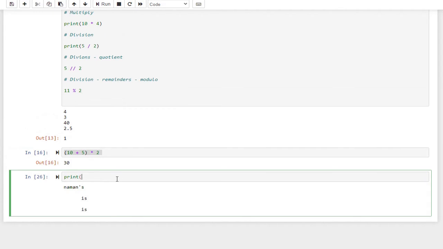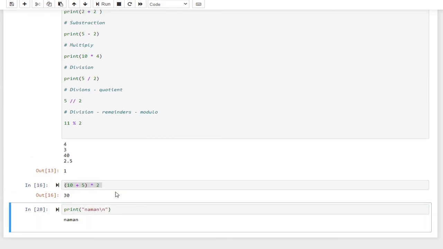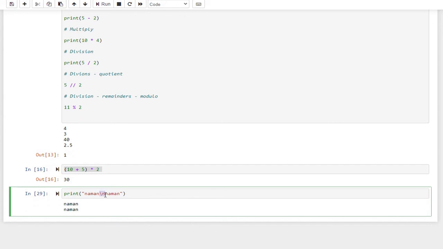And now one more thing in strings: there are a few characters which are known as special characters. For example, if I write here \n, and after that numan, \n, and just let me write one more thing. You can see this \n has been read as a newline. \n is the new line character. So what if I don't want this \n to work? Would I be using a single quote? Let's try. Does that work or not? No, it's again giving me the same result.